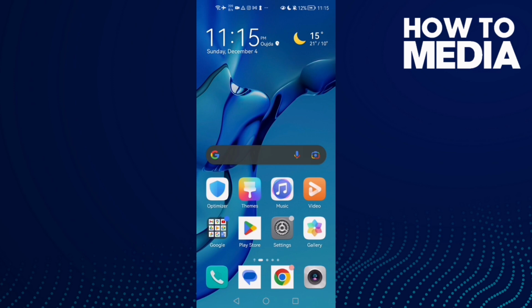Hello guys, in today's video I'm going to show you how to find backup frequency settings on Android or iOS phone. First go to